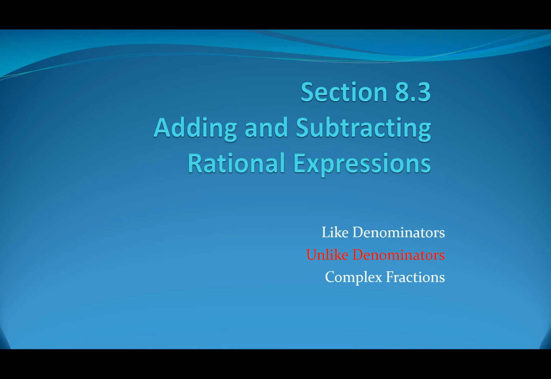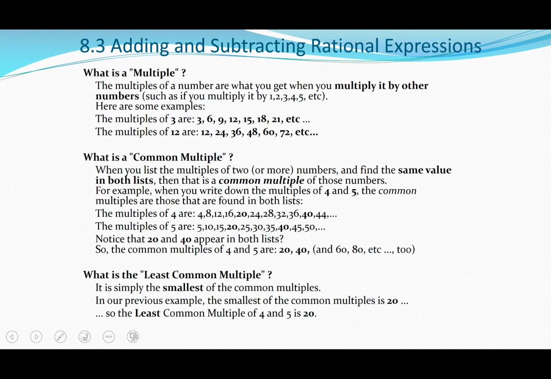Okay, so moving on to part 2 of adding and subtracting rational expressions with unlike denominators. So first, before we get into unlike denominators, I want to point out the least common multiple. Just to quickly breeze through what this says, you don't have to read all this, but multiples